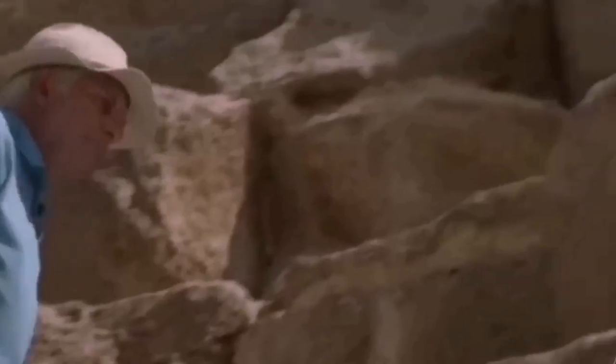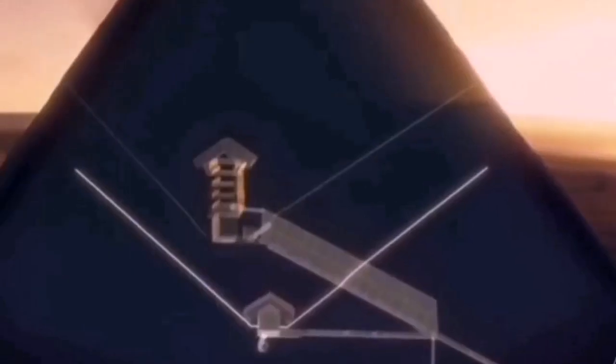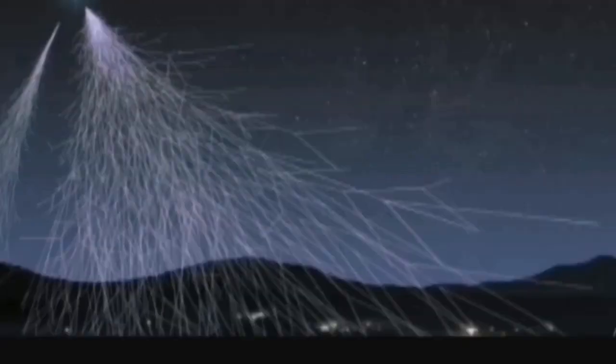ScanPyramids, or the Pyramid Survey, is an international cooperation between the Heritage Innovation Preservation Institute in Egypt, Cairo University and the French Institute, in which they use very modern techniques from the world of particle physics as an attempt to reach new mysteries and secrets inside the pyramids. And the beautiful thing about using particle physics is that they can scan the structure of the pyramid, just as we do X-rays on our body, exactly like that, and these scientists used cosmic rays coming from space